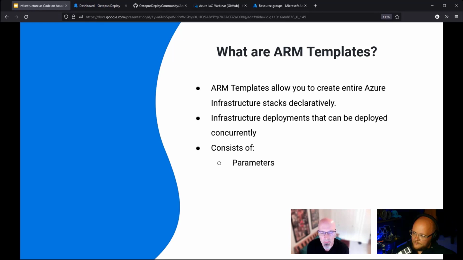And to really understand what ARM templates are, you have to bump up a little bit and understand what ARM is. I'm not going to go into depth, but ARM is a single control plane for everything to do with Azure. It provides a set of tools and services that are common to all services on Azure. So if you're going to deploy a VM or SQL or anything like that, they all go through ARM and give you things like Azure Policy and RBAC, so permissioning, as well as scoping, tagging,